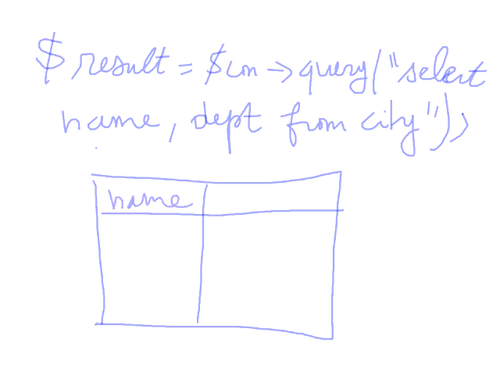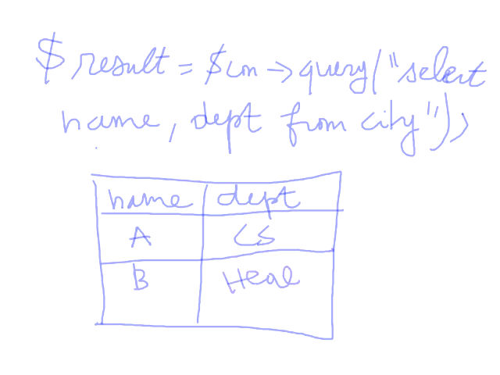Name, department, for example, A, computer science, B, health, C, law, etc. Okay? So if we write fetch row,